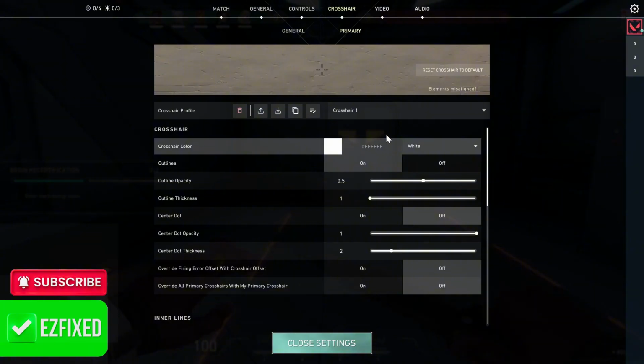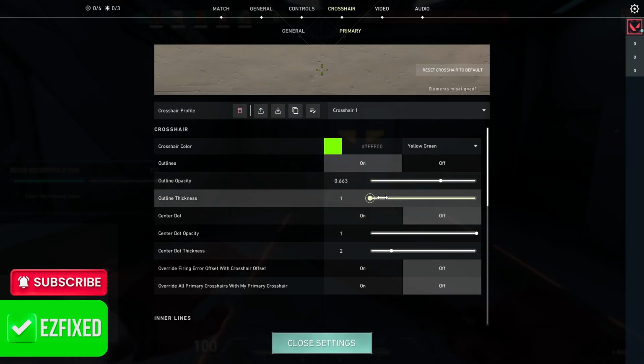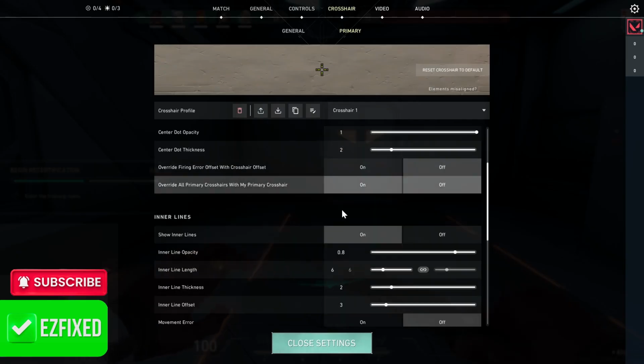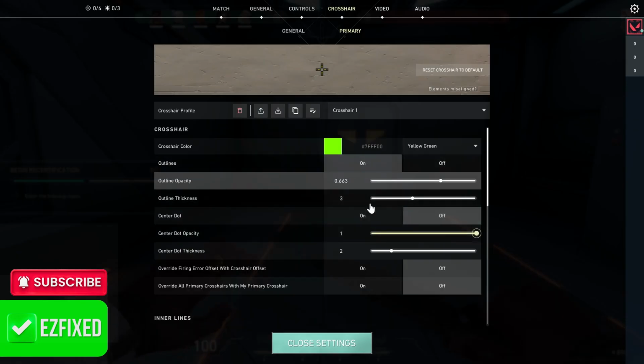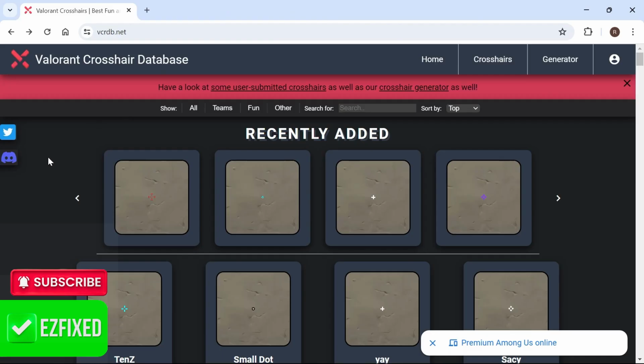Inside of here, this is where we can customize the crosshair. So this is where we can change the color, as well as adjust things such as the strength of the crosshair and the thickness of the lines amongst a bunch of different other settings. Now you can just go through these settings and try coming up with your own crosshair, but a much simpler method is just to head over to an internet browser and to come to the website